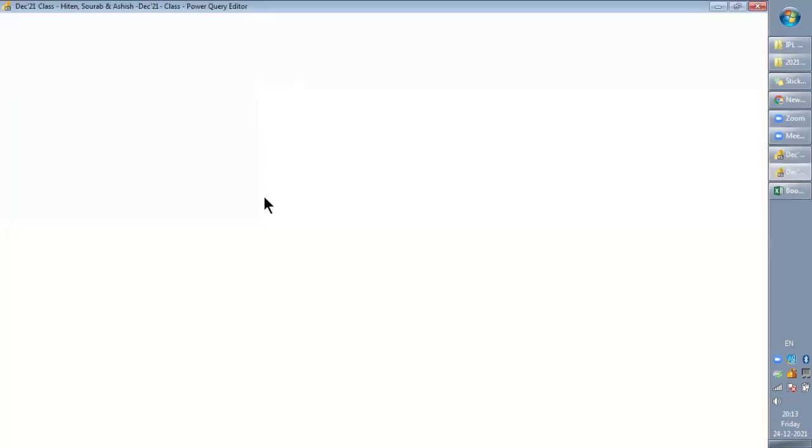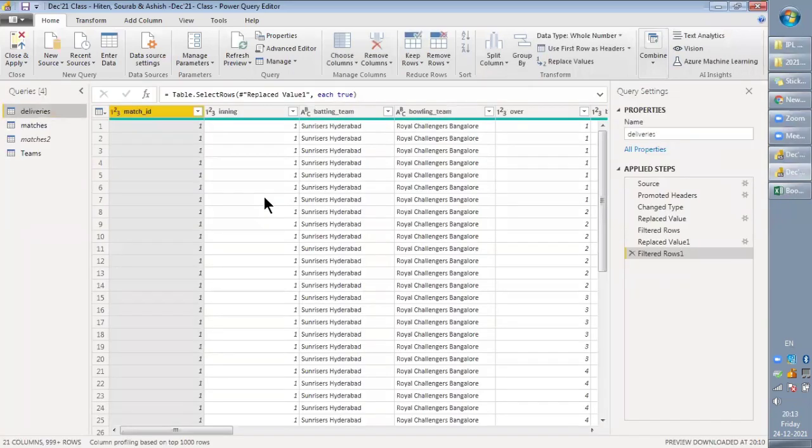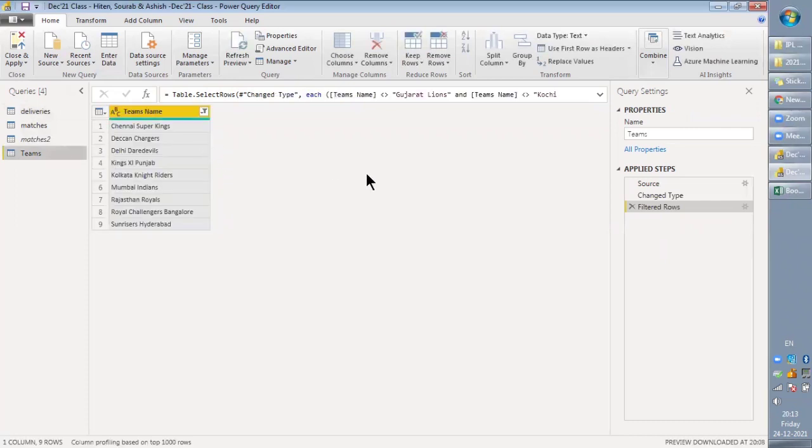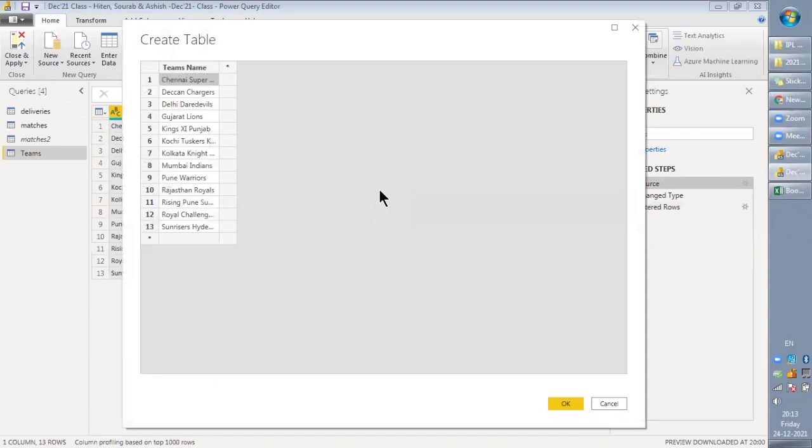Transform data. And teams. We can also go here, and what we can do, this button, you can see settings buttons, just right to the source. You can just click here, and it will take you to the original file or the initial file which we had created. Okay, fine. So here, what you can do, you can just delete.